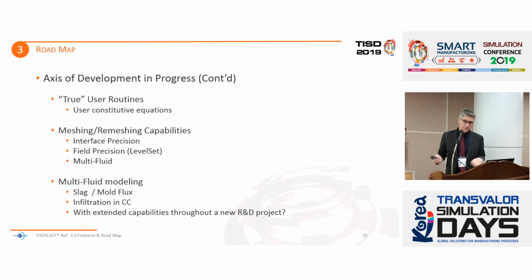Mesh and remeshing, which is something we are always working on in order to really go deeper in the analysis and to be faster and better in terms of prediction. So especially in the multi-phase interaction. We are still working on the multi-phase modeling in order to take into account the interaction between the slag and the mold flux and the molten steel in continuous casting, infiltration in between the mold and the solid skin also, and mold flux bags in a filling for the ingot casting and many other applications.